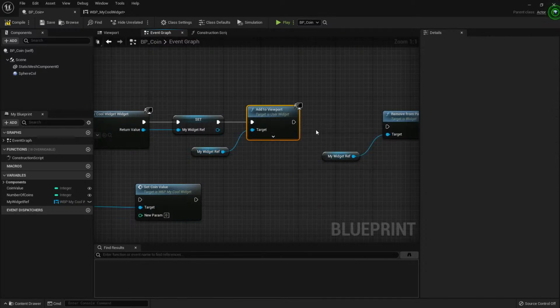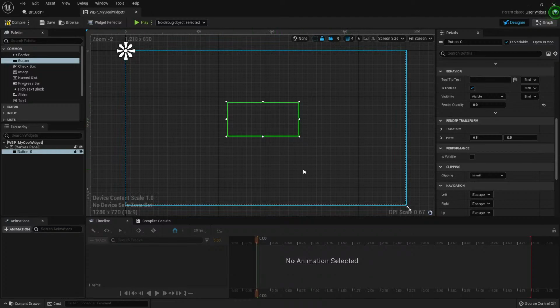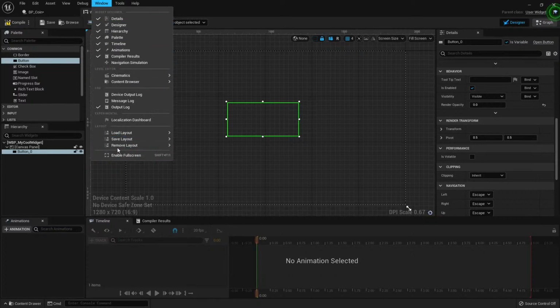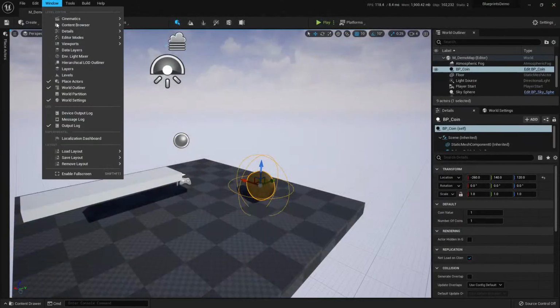If it's being put in the viewport like this and we hide it this way, it's still being rendered. It's only that the way the widgets are rendered, and we can use a tool to check it out. It's called here on Windows, Developer